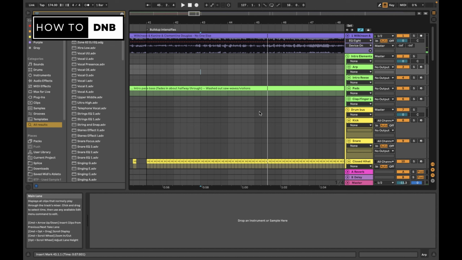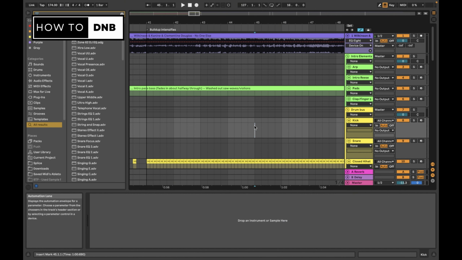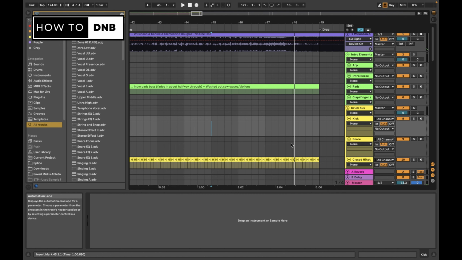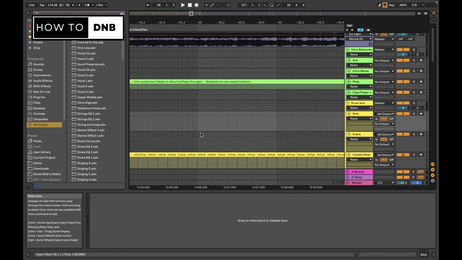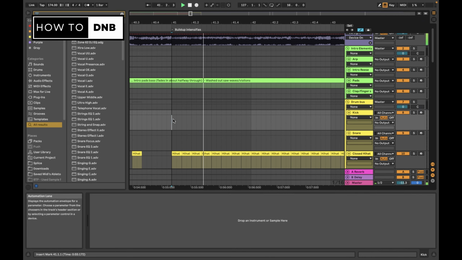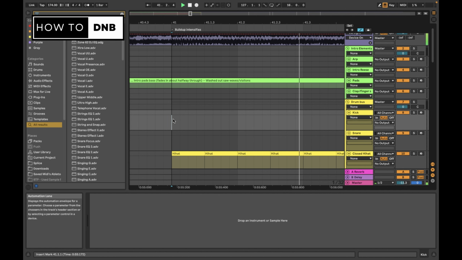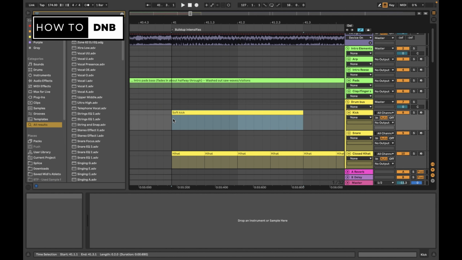So until here, until this 45 mark, it goes dung, dung, dung, dung. Then it goes faster. And then it goes like double as fast, basically. So from 45 to 47 and from 47 to 49, we have some changes. So let's have a look at what that looks like. Start here. Here's where it starts. So let's at least put this kick here. Dun, dun, dun, dun. So I think it goes like that.